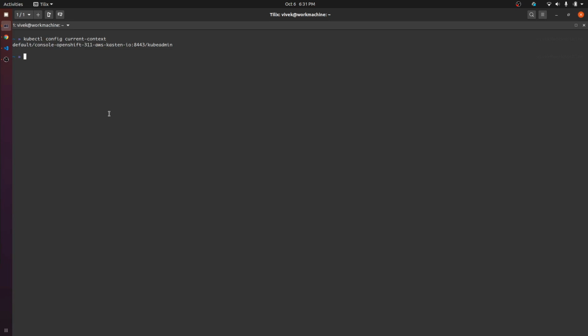So to do all this, let's first go ahead and install MySQL on the source cluster, right? So let's say we want to install MySQL on a namespace called MySQL instance, right? And after the namespace is created, we can go ahead and install the MySQL database on this particular namespace that we just created. So this command just installs MySQL on the namespace that we have just created.